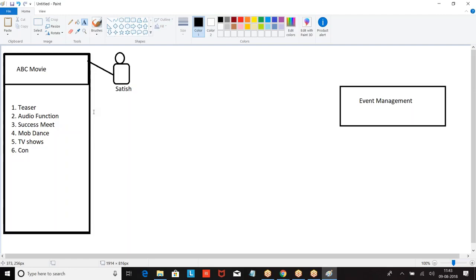Now they gave me an opportunity called audio function. When they gave me an opportunity called audio function, there will be decoration, hosting the lunch or post-party, maybe arrangements, maybe hospitality, XYZ are there. I alone cannot organize everything. I am not a Rajinikanth, right? So I can organize only one thing at a time. So what will I do? I formed a team. Boss, who is the owner of the record? Satish is the owner of the record. But he formed a team.